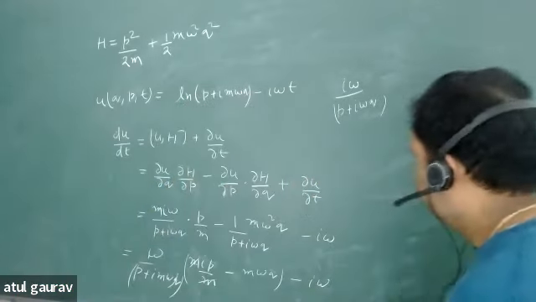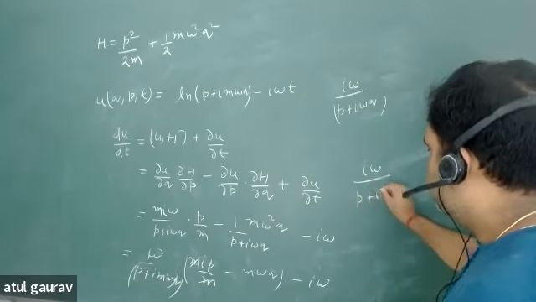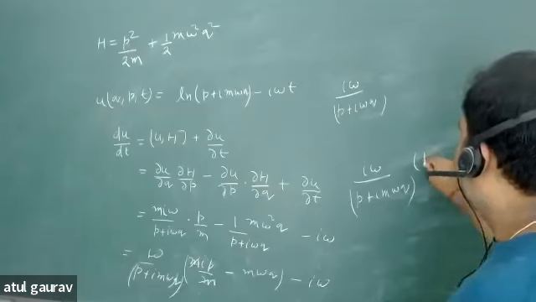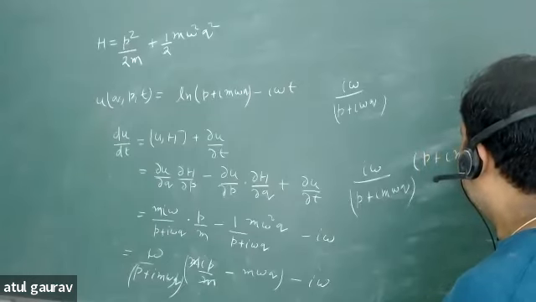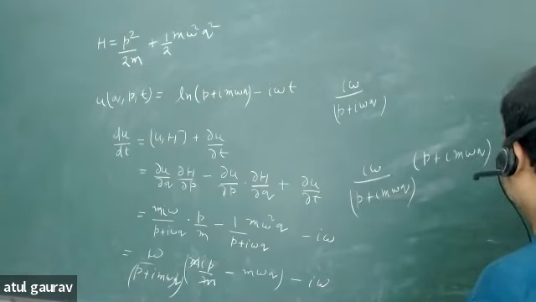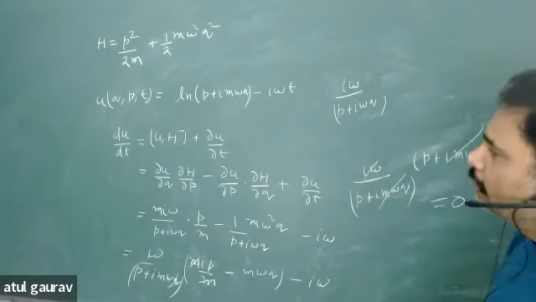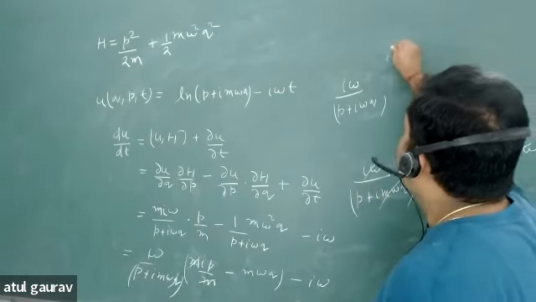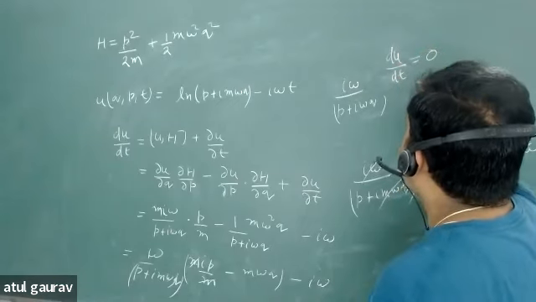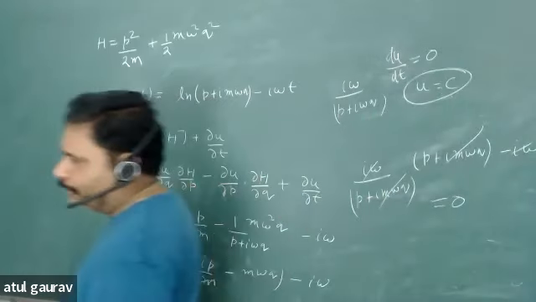तो क्या आ जाएगा, सो i omega by p plus i m omega q, और ये भी हमारा क्या हो जाएगा, p plus i m omega q और minus i omega। 0 है sir. अरे जीरो आ रहा है, वेरी गुड। दैट मीन्स व्हाट, dU by dt is conserved. अपॉन dt इज इक्वल टू 0। सो U हमारा क्या है, कांस्टेंट ऑफ मोशन।